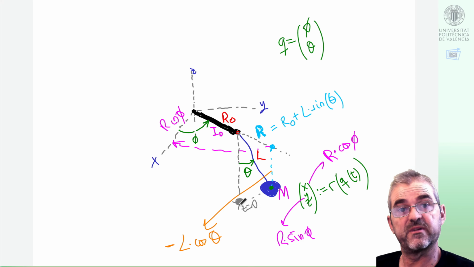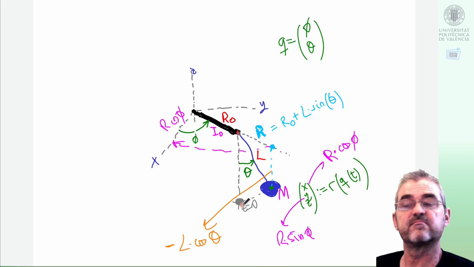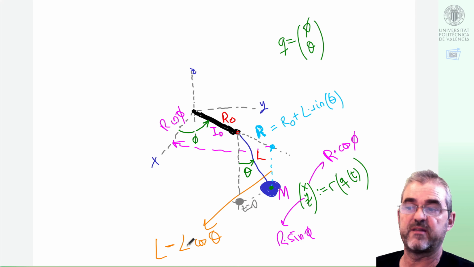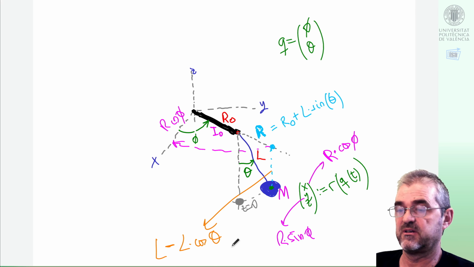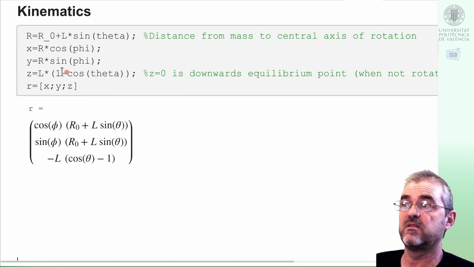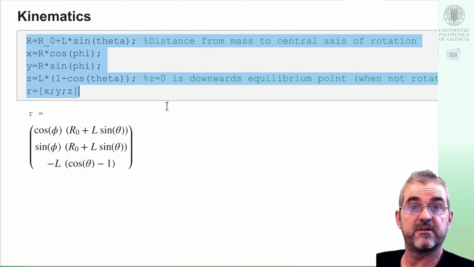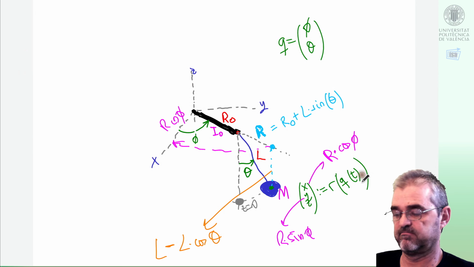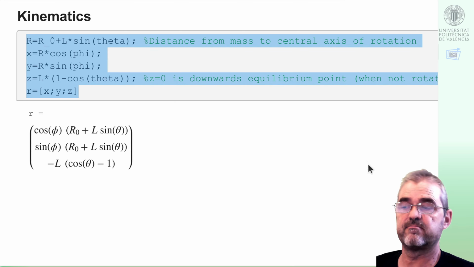In that way, z will always be positive in my equations, and in order to say that, we need just to add L to my previous expression. So this is what I wrote here in MATLAB Symbolic Toolbox code. So this is r of q, position transformation,